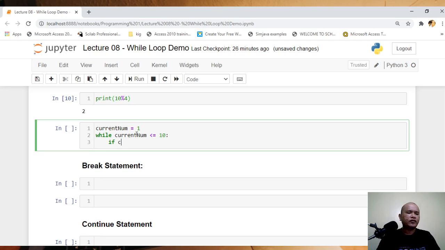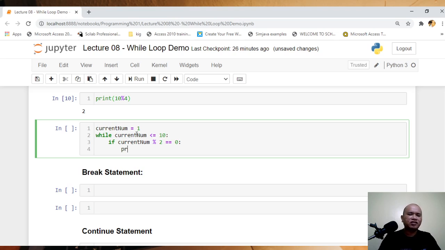If current num modulo 2 is equal to 0, meaning it's an even number, right? Because, for example, 10 modulo 2 will give us 0. So, basically, it's even. So, if, colon, print